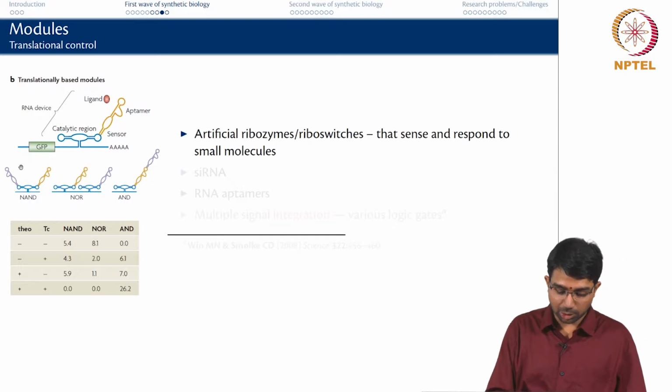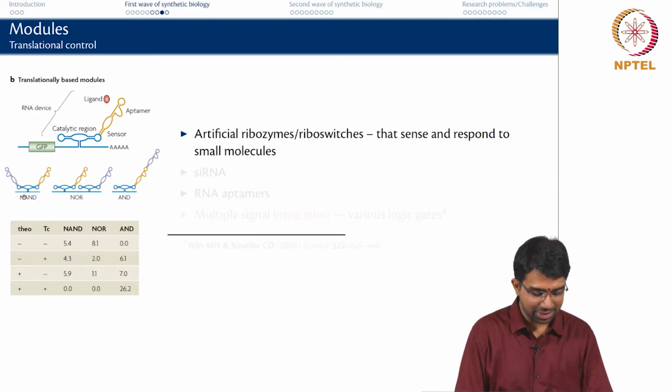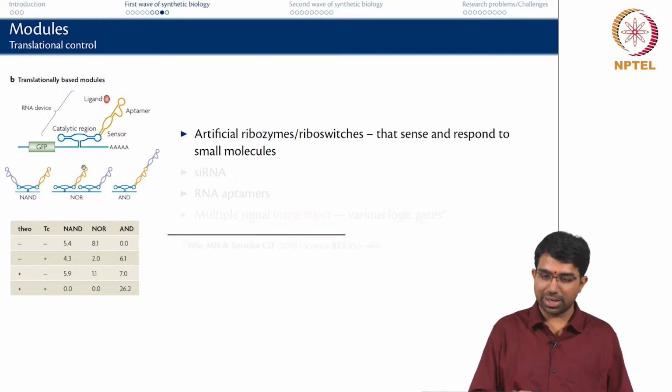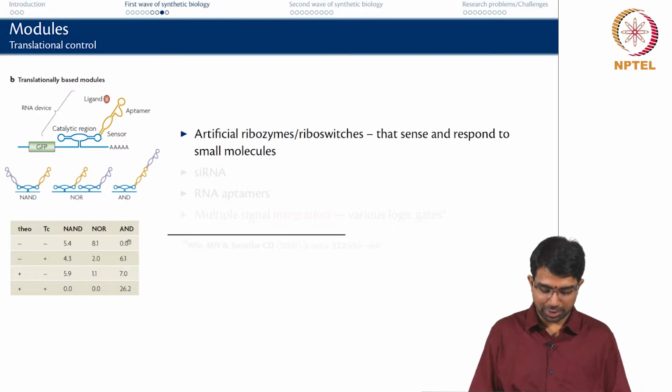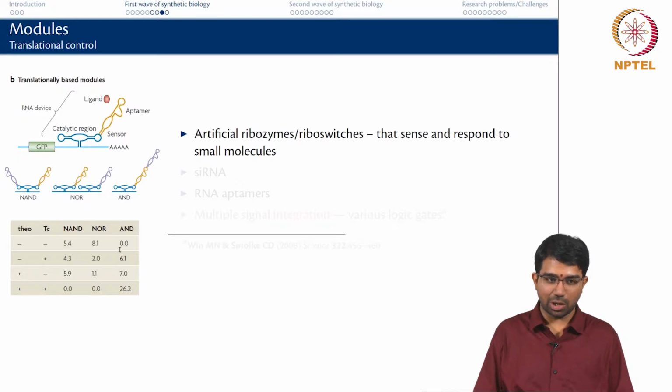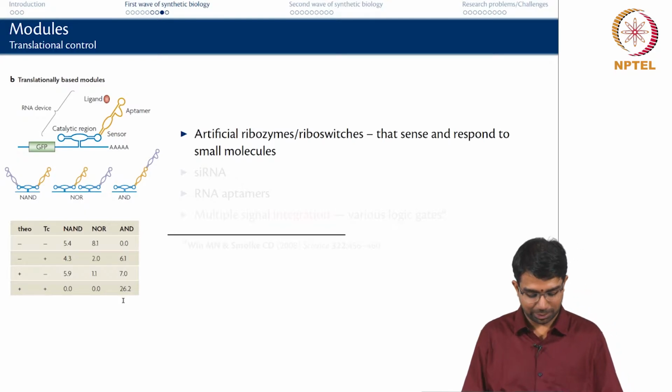and they also built circuits that could act as a NAND gate, NOR gate and AND gate and so on, right. Only if both RNA bind, then a particular response is produced, so an AND gate kind of behavior and a NOR gate type of behavior and so on. So, you can see what is the output, right. If both are not present, there is no output, if both are present you get some output. Even in these you need to get 0 output, but this is obviously not a digital gate, it is a little analog. So, these are low values which are essentially the equivalent of off, and this is a high value the equivalent of on,